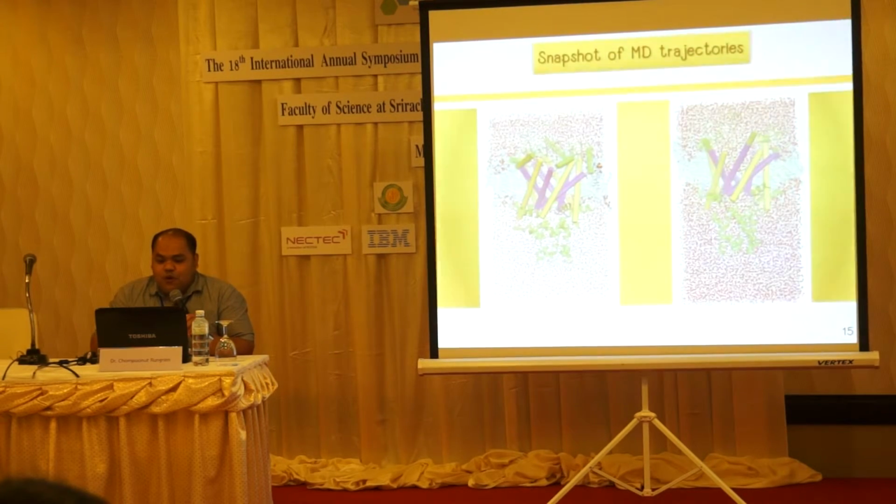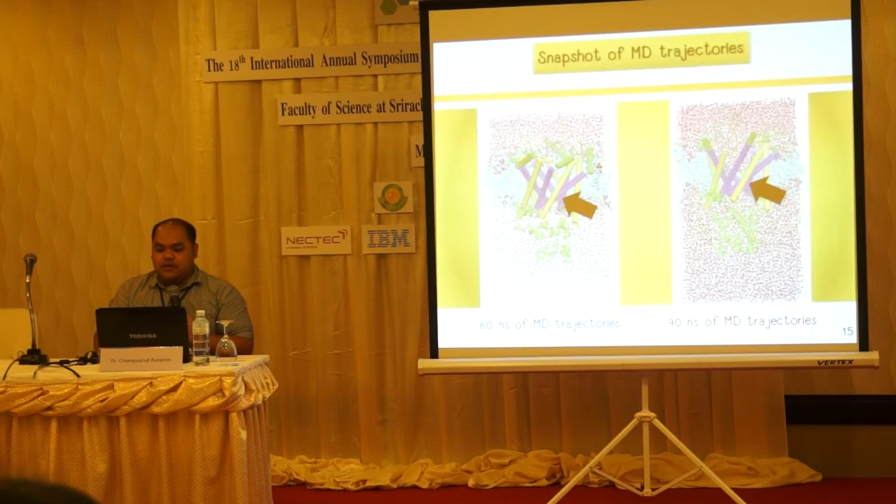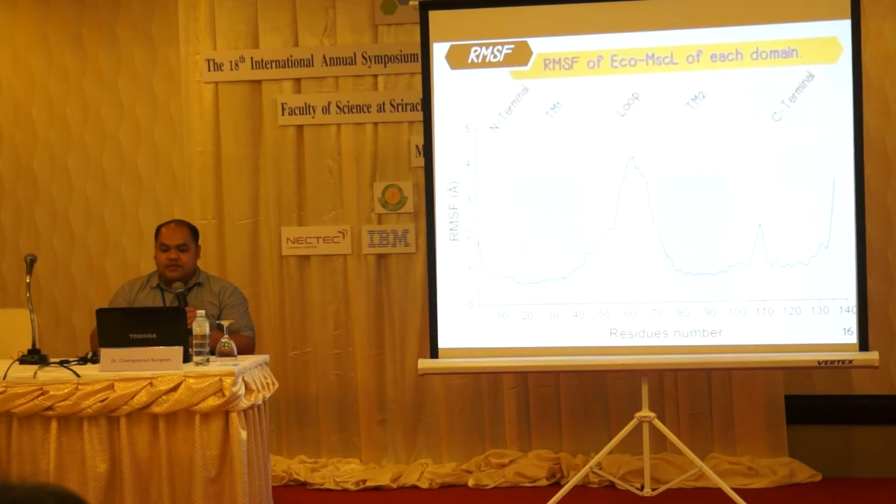And then the snapshots of the MD trajectories. On the left is the MD trajectory at 60 nanoseconds and on the right the MD trajectory at 90 nanoseconds. You can see that segment B increased in RMSD. And then the RMSF of EcoMscL of each chain shows the